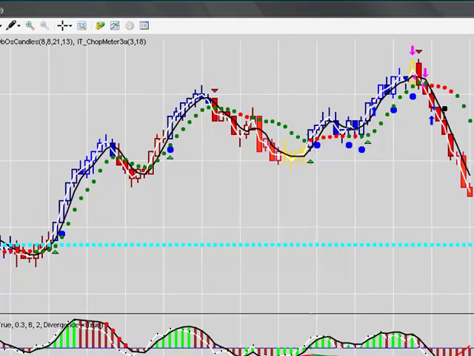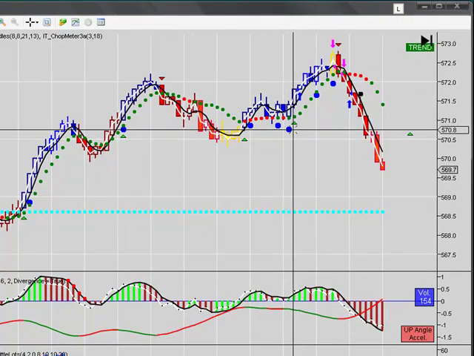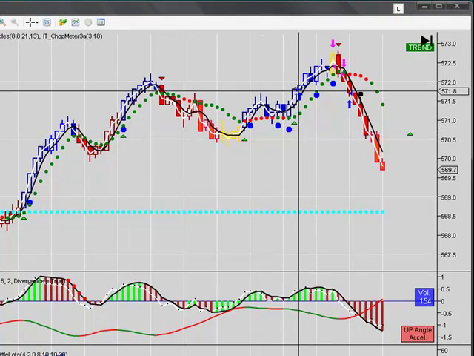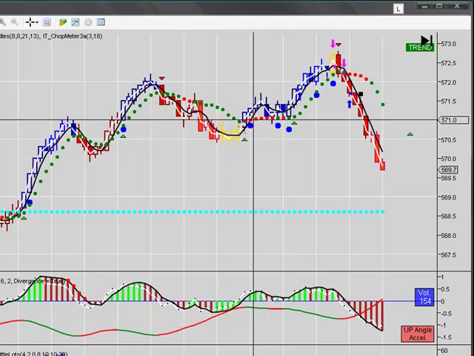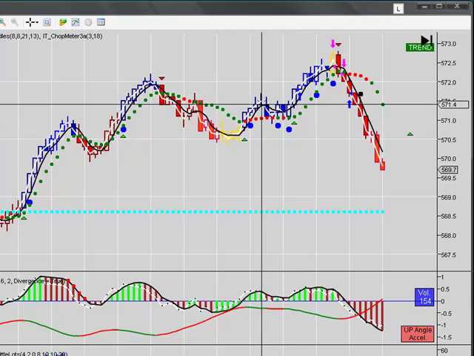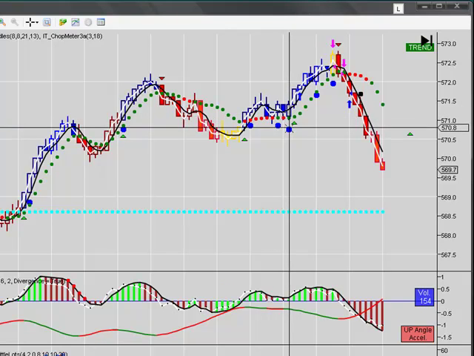Okay, we have several good signals here. They all work well. All right, here's one I actually was able to take a trade. If you got in this one and didn't get your profit target and held it, you still made a nice profit here. If you missed that, which I did,